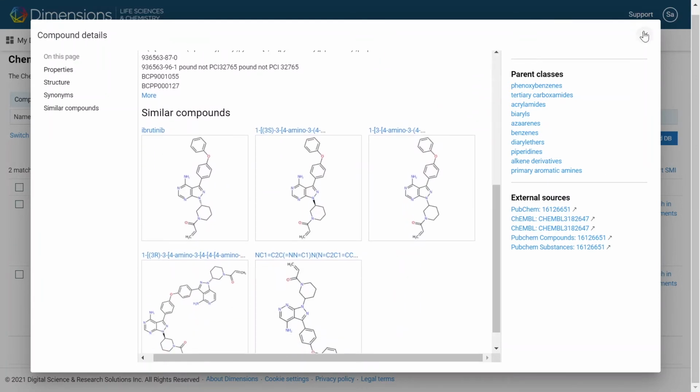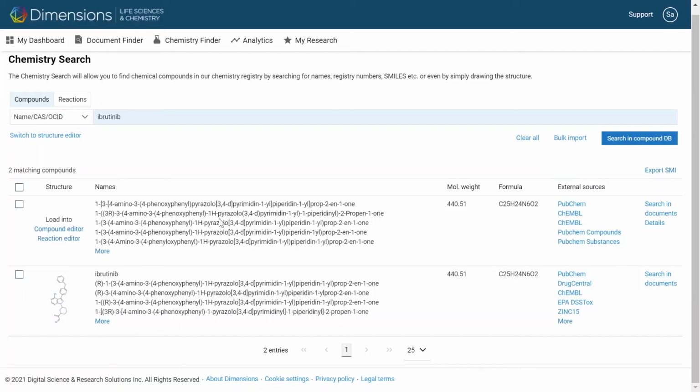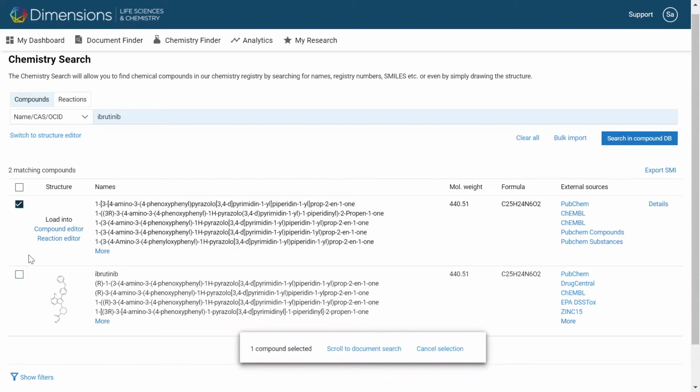It's also possible to send the structure to the compound editor if you want to modify it, or send it to the reaction editor if you want to discover reactions connected to this structure. Furthermore, you can also export the structures from this table as an SMI file. To do this, just check the box with those compounds that you want to export and hit the Export SMI